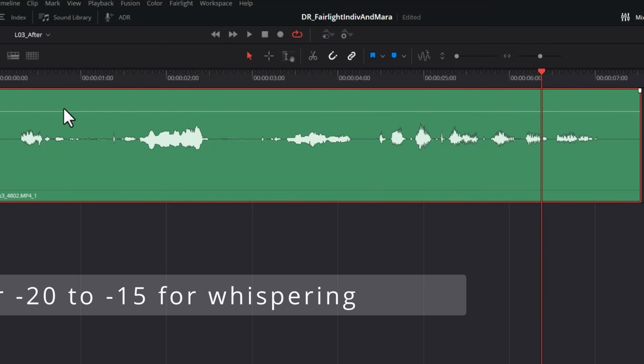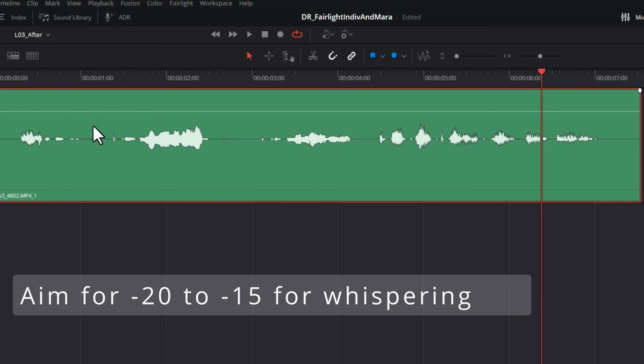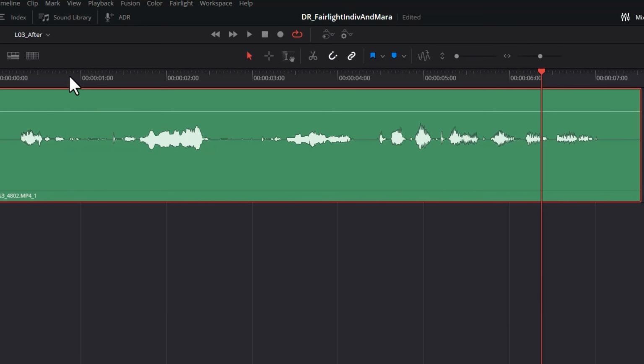Obviously we want to respect the emotional part of me whispering, so we don't just want to make it really loud, but we do want to maybe bring up this section a bit. So we want to start about here. To add a keyframe, hold down Alt, Option on a Mac, and click this volume line. Find the end of the whispering, somewhere about here, and then add 2 more keyframes inside this, and then drag